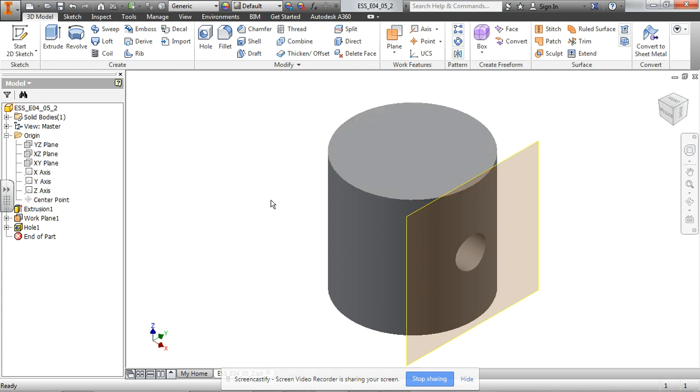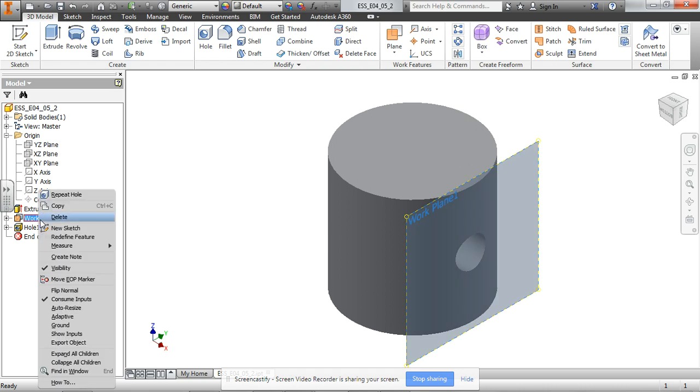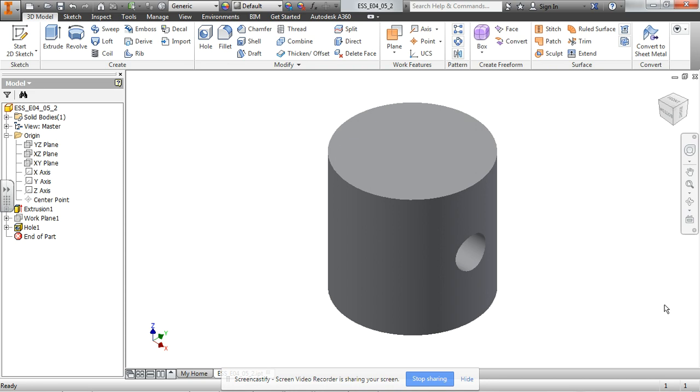Now it wants you to turn the visibility of this work plane off. So you come over here and right click and say visibility, uncheck it. All right, so now we're starting almost from new again. We're going to start a new sketch, but to do that, we need to create a work plane, another work plane, okay? So first,